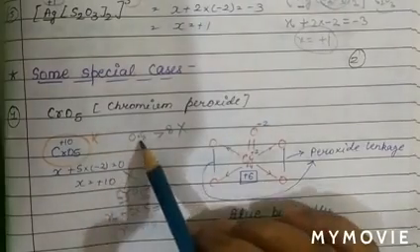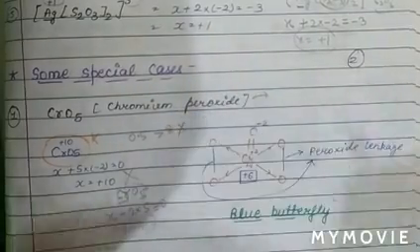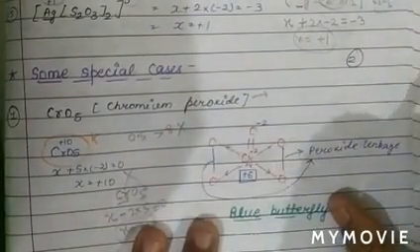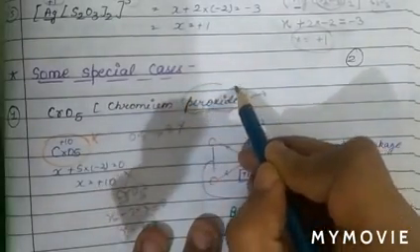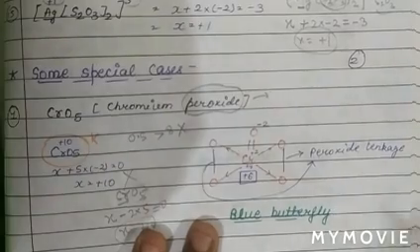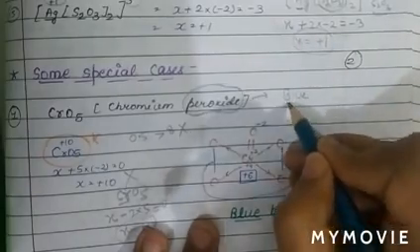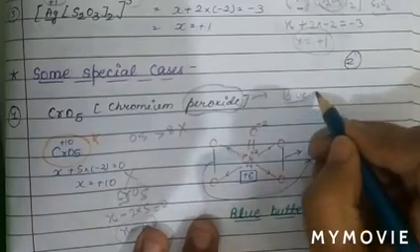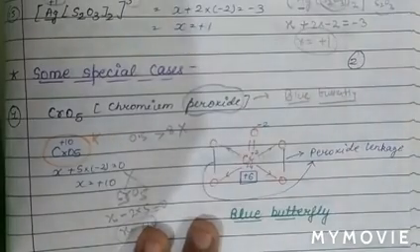Oxidation state cannot be more than 8 for an element. Oxidation state always comes less than or equal to 8. But in this case, oxidation state comes +10, which is wrong. So we will solve this compound by using the structure. We know chromium is linked with oxygen in the form of peroxide and oxide also. The structure of CrO5 is basically a blue butterfly type structure. The color of this compound is blue, and as it has a butterfly structure, we call it blue butterfly.